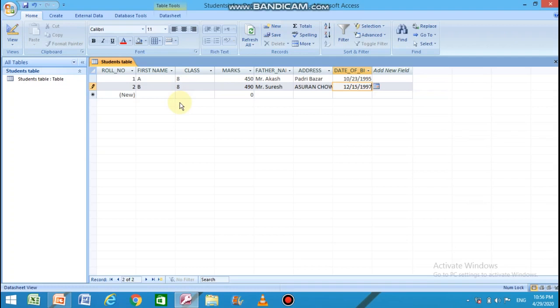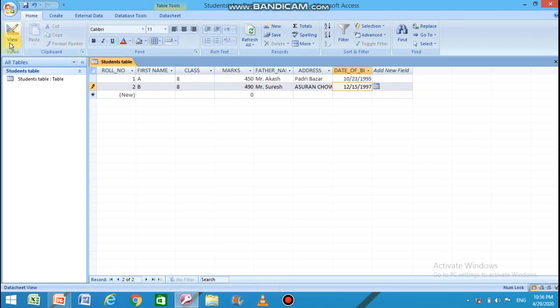And one more situation is that a column is there which is not necessary in the table structure. You want to remove it, meaning you want to delete a particular field. Suppose the marks field, you want to remove it because it has no use here. So how to do that? How to do addition and deletion of fields? Let me tell you. It's very easy.